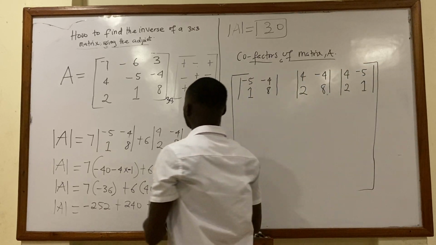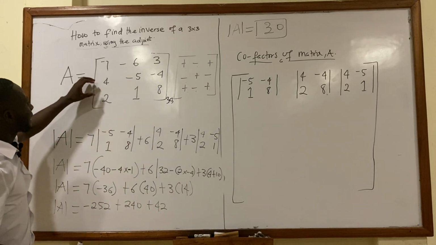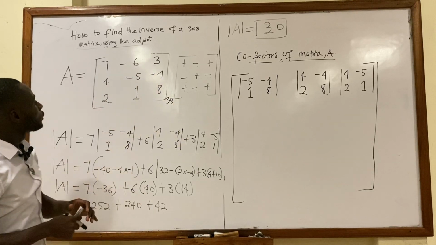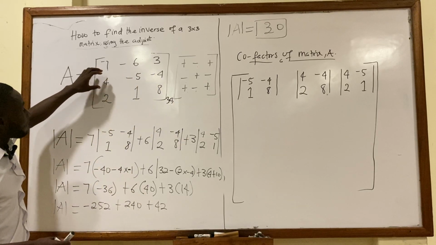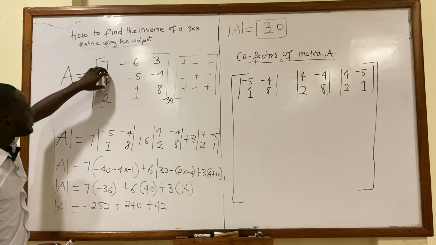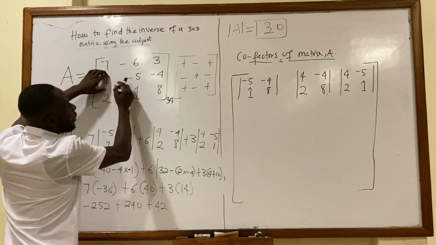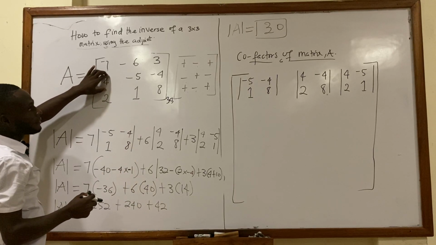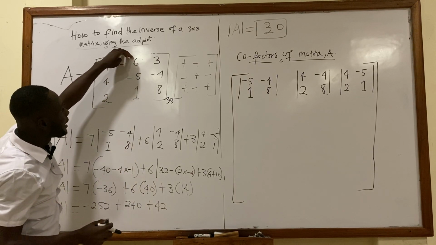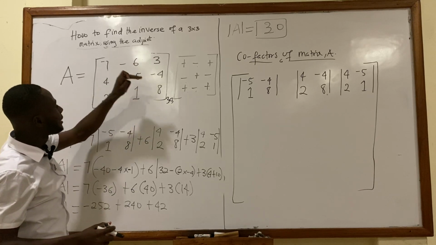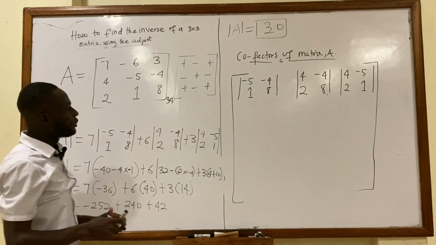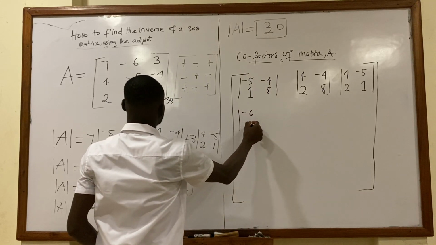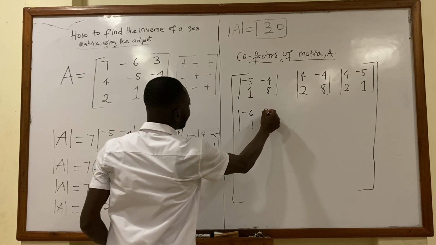Right? Now, let's come to the second row, the first element on the second row. So now when we cover the first element on the second row, which is the 4, it means we are going to cover all the elements here, cover what is under it, right? And then we have this element, this element, this element, and that element, right? So we have our first row as minus 6 and 1, 3 and 8,